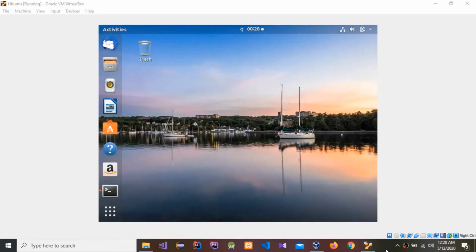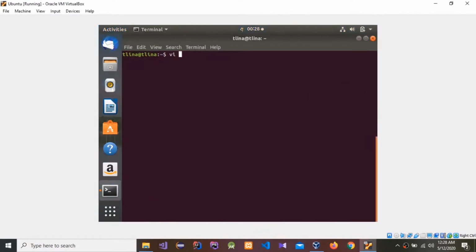Today I am going to show how to rename a created file. Go to your terminal. You have to create a new file. I'm going to create a file.txt. Okay, press enter. If you want to type something, you have to press the insert button on your keyboard, and you can type anything you want. Then press the escape button, colon and WQ, and press enter.